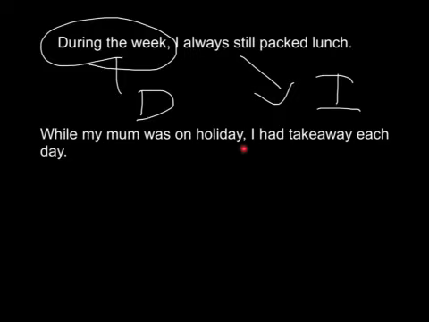While my mum was on holiday, I had takeaway each day. Now here, I had takeaway each day is most definitely independent. It makes sense by itself. If you just wrote, I had takeaway each day, in your book, it would be a standalone sentence. It would make sense by itself. It needs nothing else to make sense. On the other hand, this part of the sentence, this clause here, while my mum was on holiday, does not make sense by itself. There's not enough detail there. It starts with a subordinate conjunction, while,